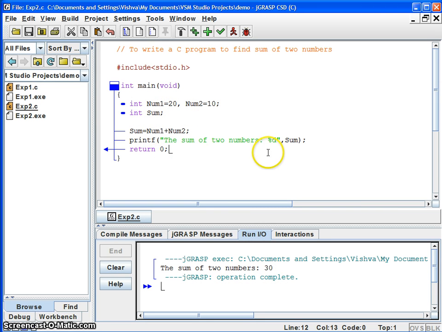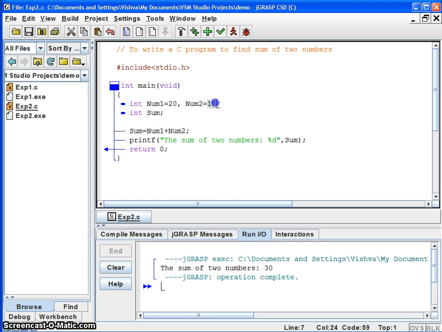Yes, this is correct. Now maybe you want to display it like the sum of 20 and 10 is 30. Just see how I am modifying here. The sum of %d and %d. Just try to map in your mind: %d stands here for number 1, %d stands here for number 2, and %d is supposed to be the sum.